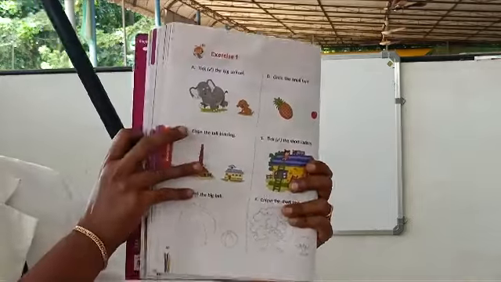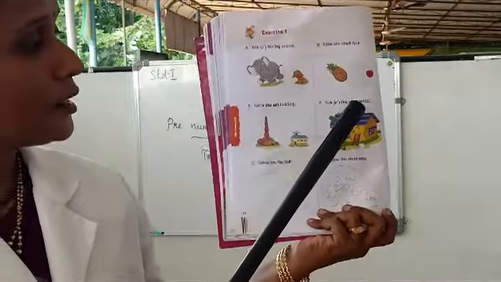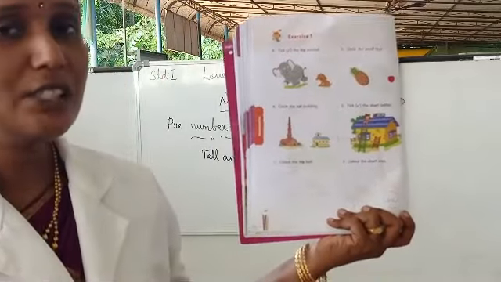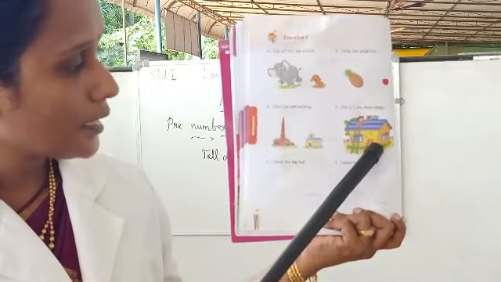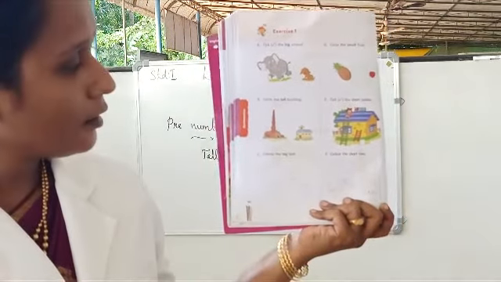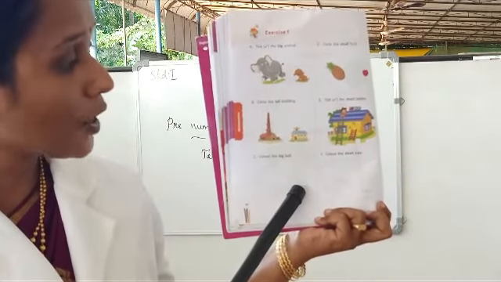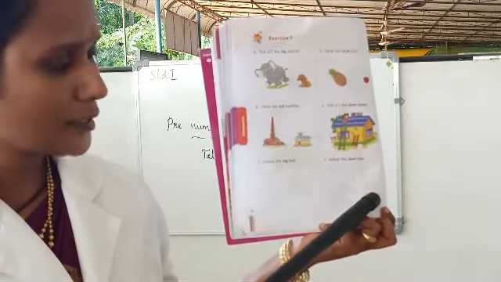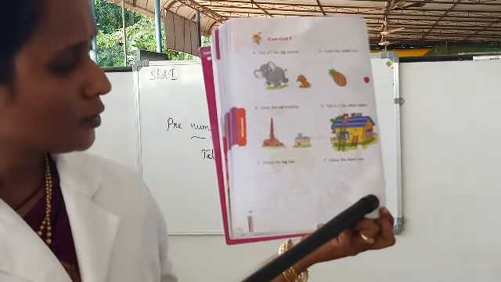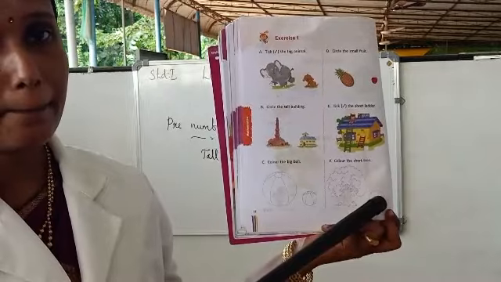Then, next figure, question number E, tick the short ladder. Which one is the short ladder? Yes, the red one. So, tick this. Then, the last question in the exercise, color the short tree. Which one is the short tree? This one. So, you want to color this short tree. Okay.